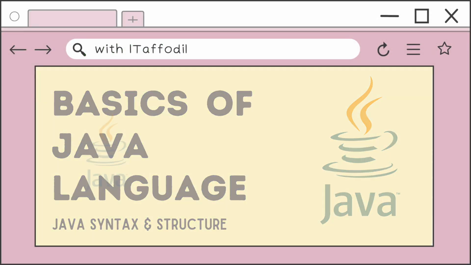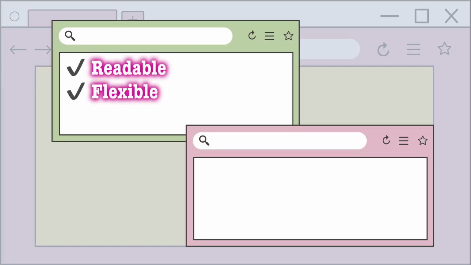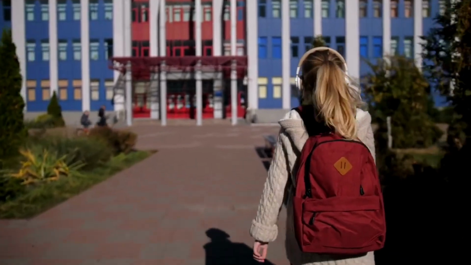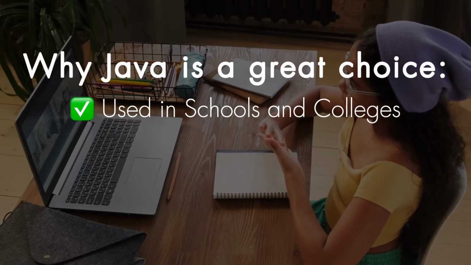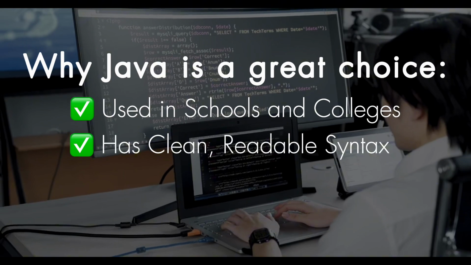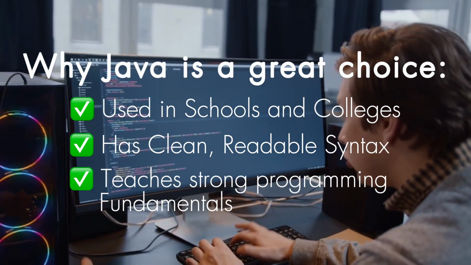Java is a high-level object-oriented programming language. That just means it's built to be readable, flexible, and great for building apps, websites, games, you name it. It's also platform independent, which means Java can run on almost any computer. If you're just starting out, Java is a great choice. Just like in my own experience, it is used in my school and also in other schools. It is also taught. It has a clean, readable syntax, and it teaches you strong programming fundamentals that apply to